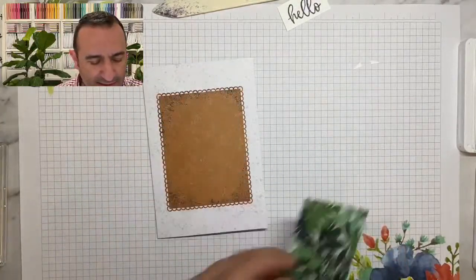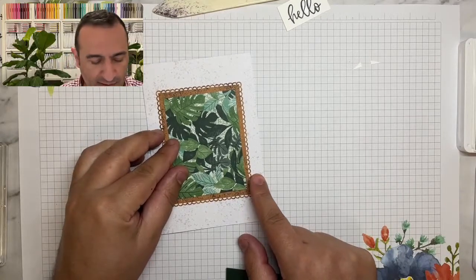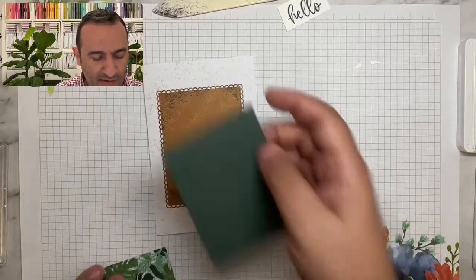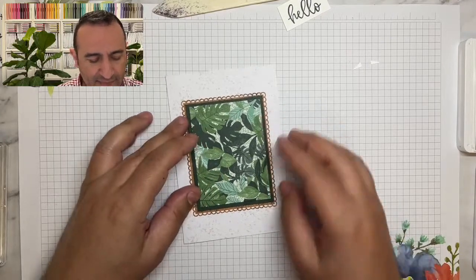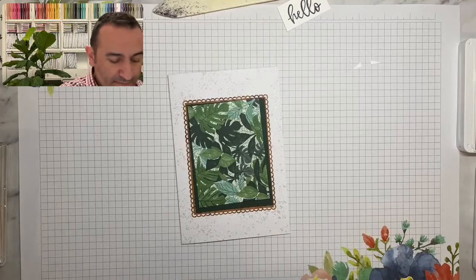We're going to be using this size. So I was thinking we could do that. Or we could do that. Then that. That's a bit special. I love it. So this size here...